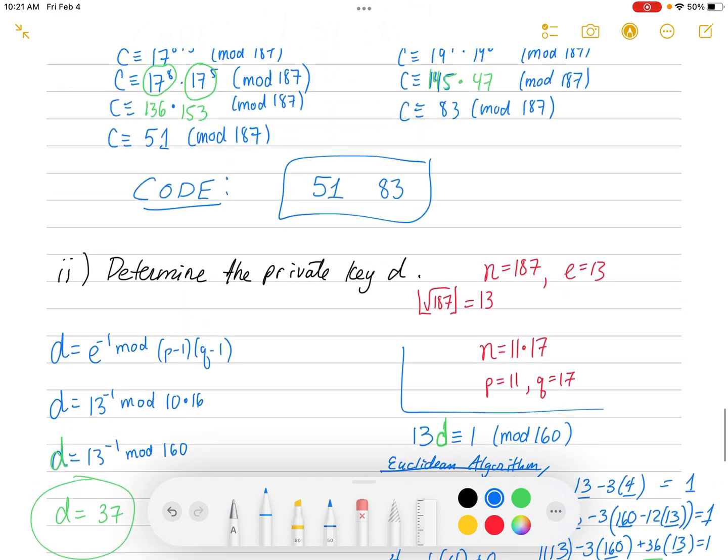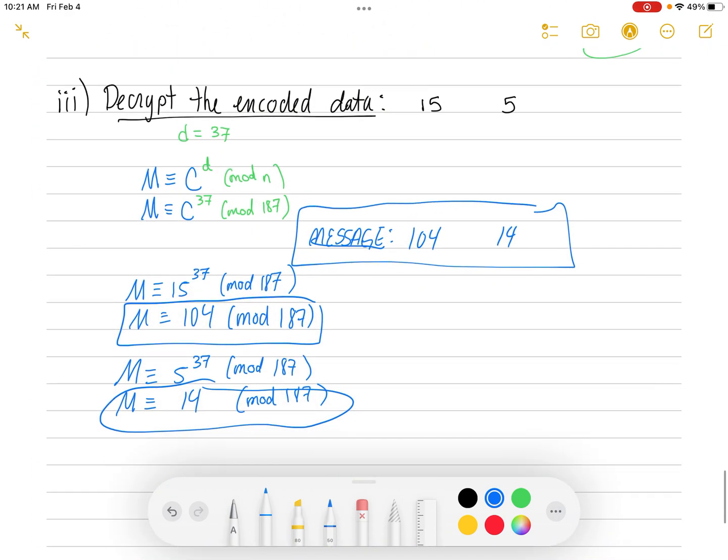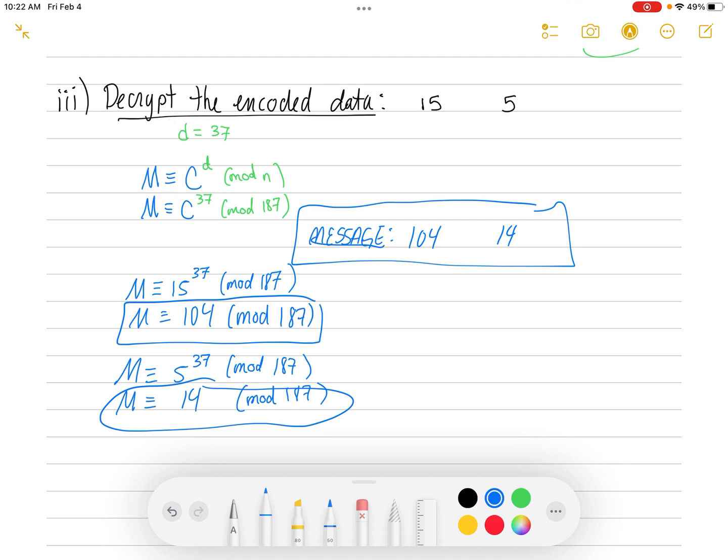All right, that's all we're going to really do with RSA. There's a lot more you could do with this, but we want to just show you the basics, the underlying principle, and